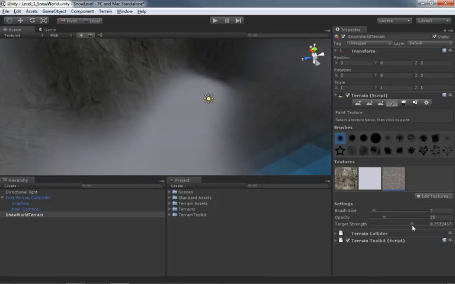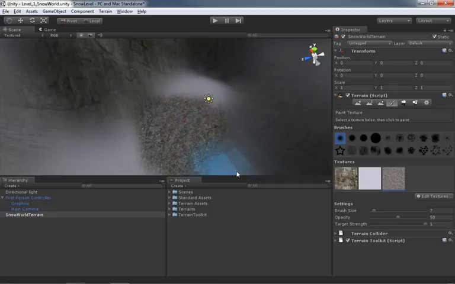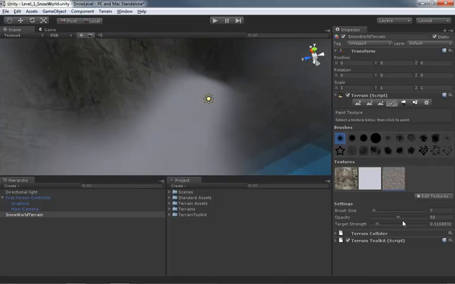We'll still be able to see the snow underneath. So as a quick example, I could just leave it at 1, and then we'll just put my opacity at about 0.5, well, 50%, basically. And we'll paint down, and that's 50%. And then we can paint again, and that gets all the way through to full opacity because our target strength is set to 1. Now, if I undo that, and we come all the way down to, say, 0.1,